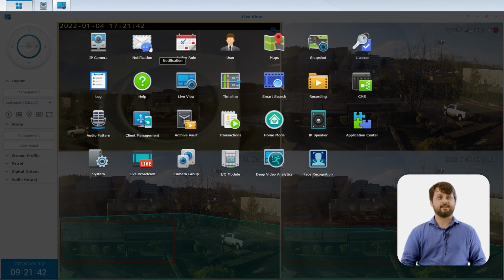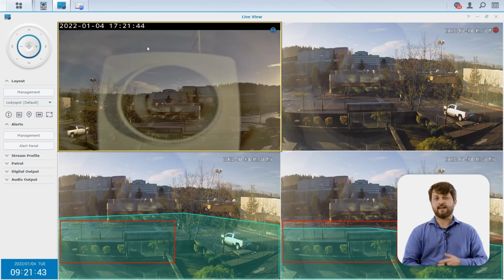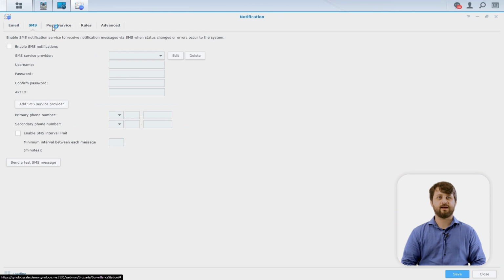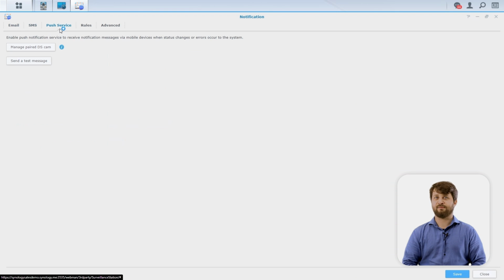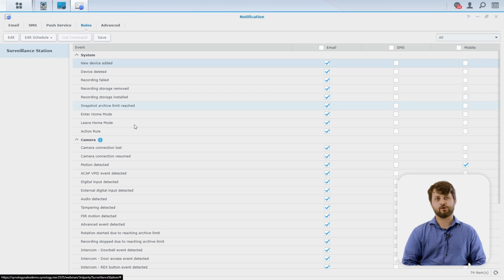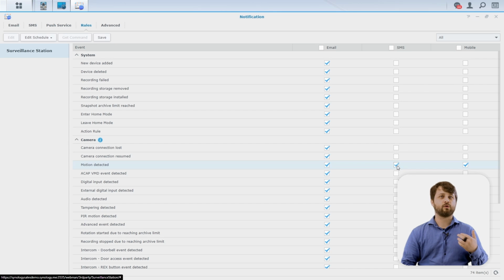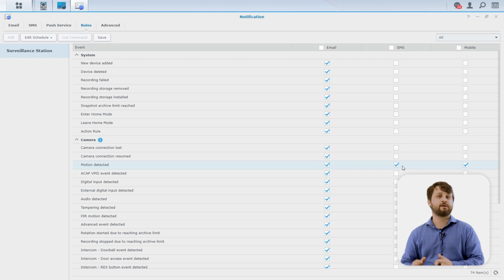Next, for home users, it's definitely going to be important to have notifications for anytime something happens on the property. So you can have email, SMS, push notifications through the DSCam app, and you can configure all the different rules for your notifications on this next screen. As you can see, there's tons and tons of different notification rules you can set up for your environment. If your cameras support motion detection, for example, you can get a text message alert anytime there's motion, at a specific period of time on your property. So utilizing Surveillance Station is a great solution for your home security system, since the surveillance application itself is included with the NAS, along with 2 camera licenses with most Synology NAS.